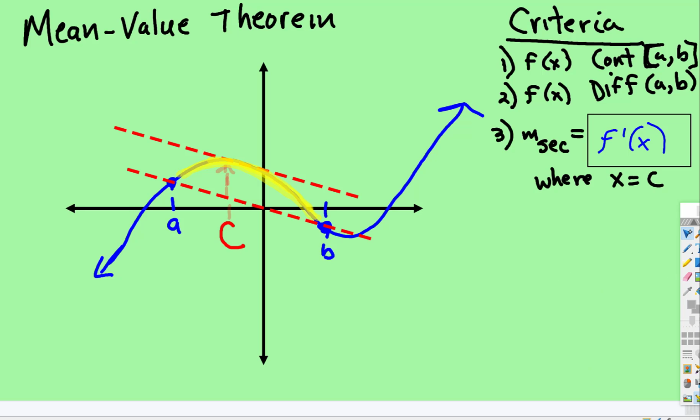you have to know. You have to check off, is the function continuous? If it's not continuous, you just say the mean-value theorem doesn't apply. If you can't find a derivative at every single point between A and B, then you don't have to continue. But if those two things are true, then you find the slope of the secant line, and you set it